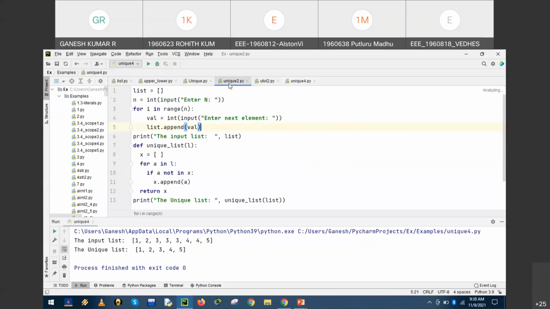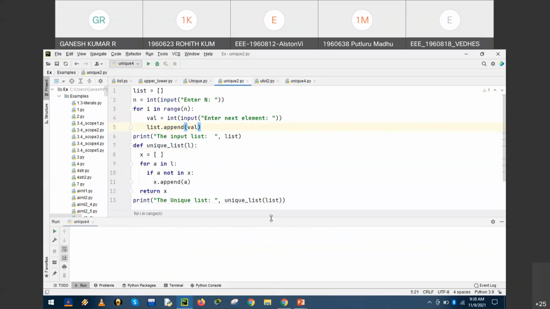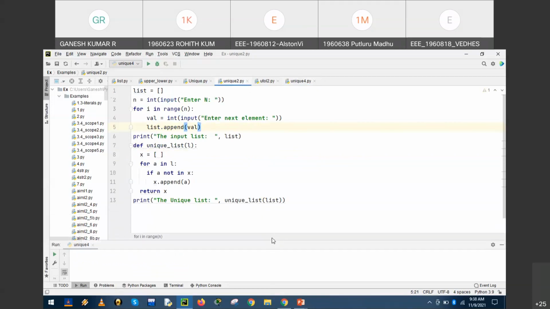This can be done with this program, which I have already prepared for the sake of time. The list is initially blank. Enter n to have the input entered at the time of execution. For i in range of n, 0 to n minus 1, the inputs will be appended into the list.